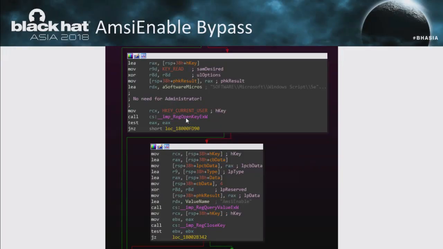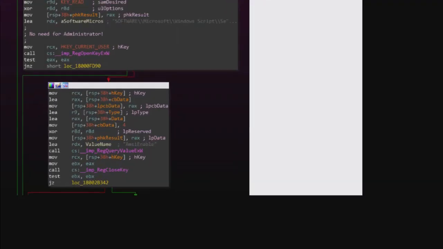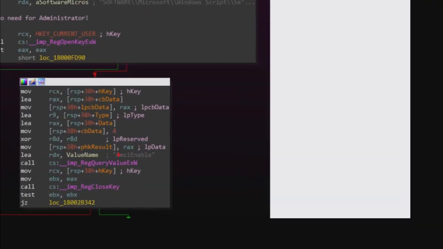And when looking at the code, I noticed something very, very interesting. I took a look at one of the functions, and I saw that actually a string is being referenced from the registry, and that string is AmsiEnable. So I figured, well, this looks like a bypass waiting to happen. But I figured, well, for sure this happens from the local machine where I won't be able to access it without being an administrator, right? No. As we can see, it explicitly requests this to be accessed from the current user. So I thought, okay, I can write to this and see what happens.